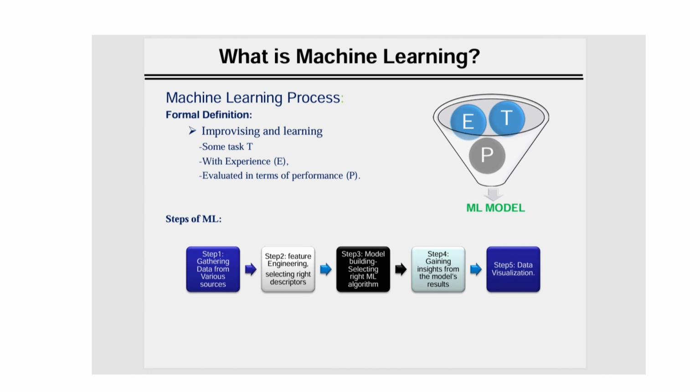In the steps of ML, first you gather data and do the data engineering or feature engineering. You build machine learning models, get some insight from the model, and then you can visualize that. That is the machine learning workflow. So let me stop here. This is what we are going to discuss further. In the next class, we will start our first machine learning model, called regression, simple regression, mathematical stuff. So we will discuss that.